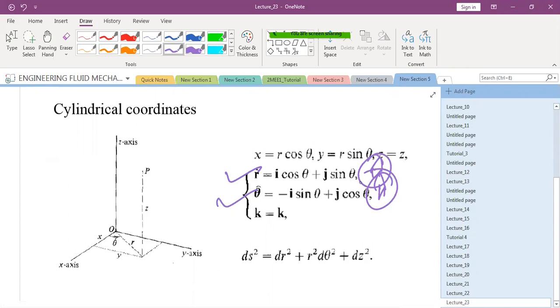Because, sir, r cannot be projected on z. Because r cap is in the x y plane. And r cap and k cap are perpendicular to each other. So its projection will be a single point. It will not have a finite length. Is that clear? Because our process was projecting, for instance, I want the contribution of i cap, so I used to project the i cap onto that r cap. If I project z cap onto this r cap, I only have a point that is of zero length. So I don't have any contribution of k cap as far as r cap and theta cap are concerned.